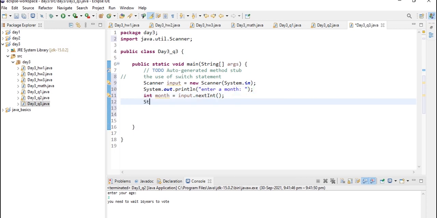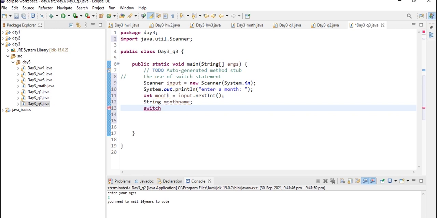Now let's declare another variable of String data type, that is month name, and now let's type the switch keyword, and we'll be switching on month. Based on what the value of this month is, suppose month is 1, January should be printed, that case will be evaluated.